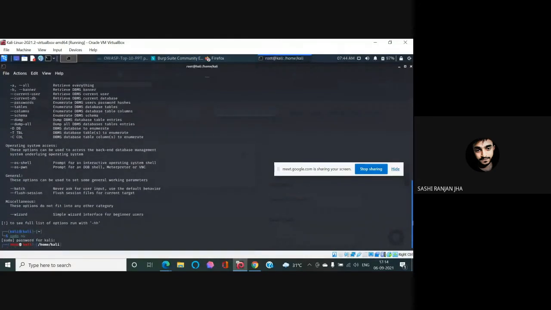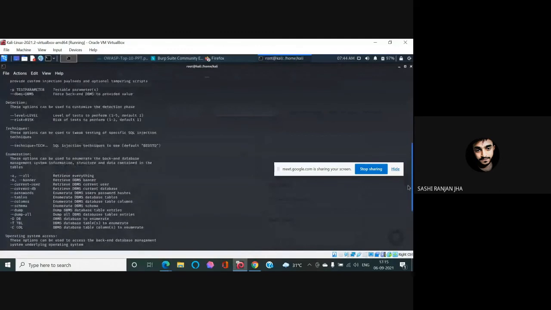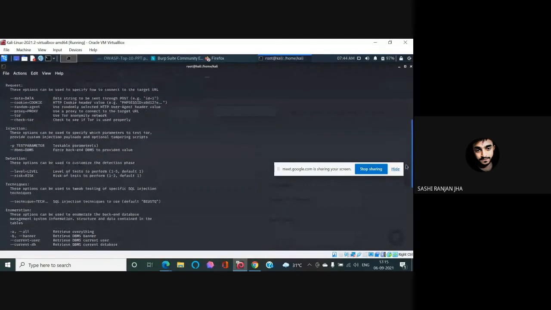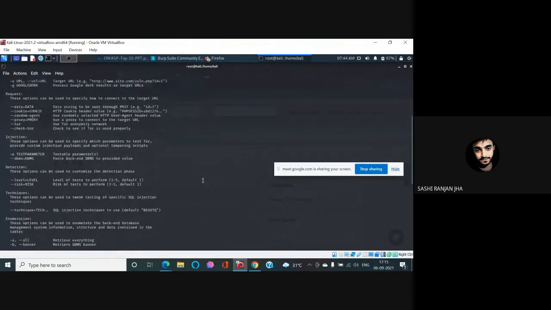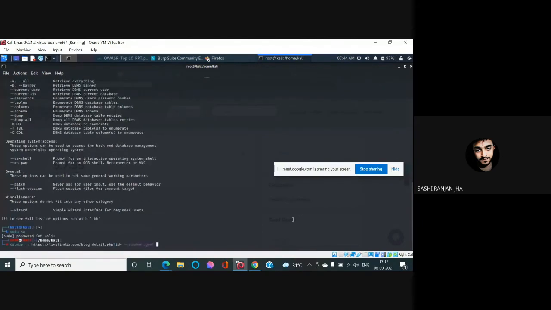Let me check for the dbms, data, cookie. From here we can select a level and set level equal to 3 and then risk also equal to 3, and then I just want to see the tables.